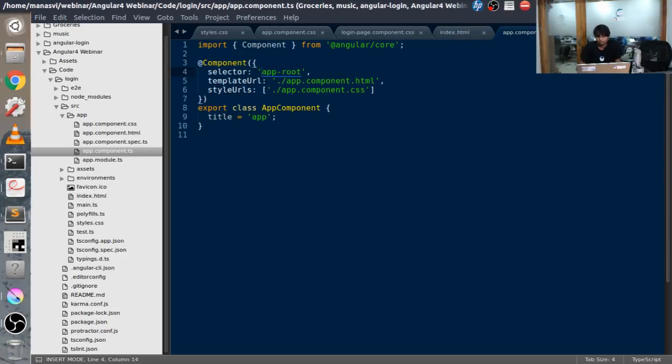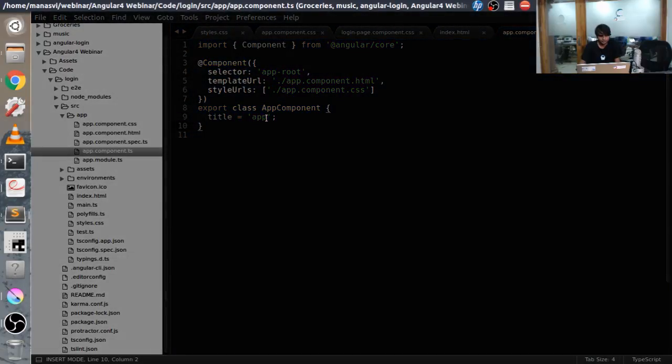Now I'll go to my app.component.ts. As you can see, we have styleUrls here, which is an array of all the styles that should be related to this component. And then we have the export class, then the name of the component, that's AppComponent, and then we have a line called title equals app. Now what I'm going to do here is, instead of title equals app, I'm going to say